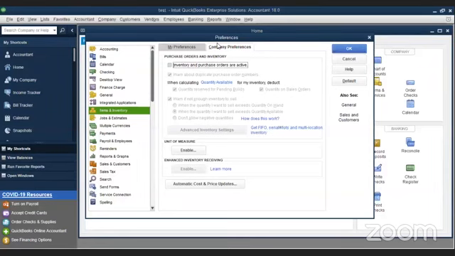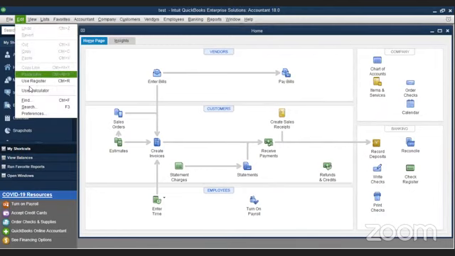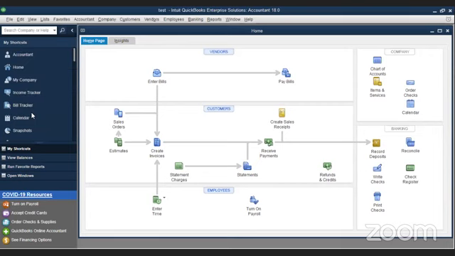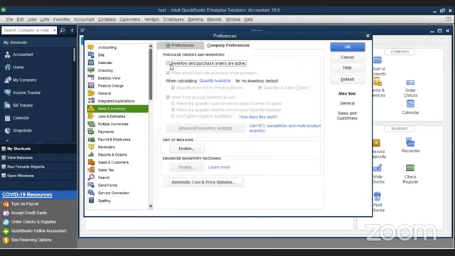So this is a key point which you might want to mark down or write down when you're working in this. I'm going to repeat again. All you have to do is go to edit, go to preferences, click items and inventory, company preference, and say inventory and purchase orders are active. Once you click this, everything will be active. You have to simply enable it by OK. Once you say OK,